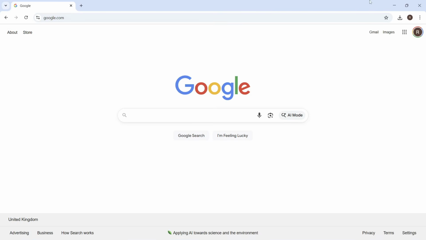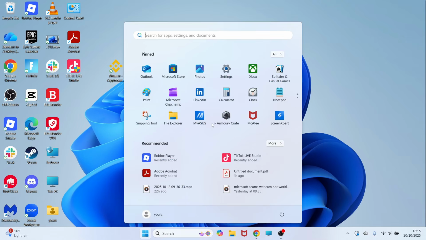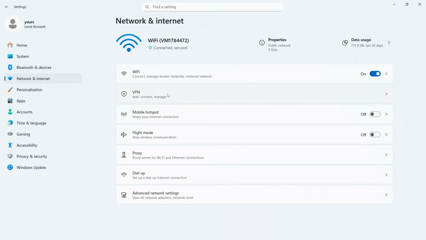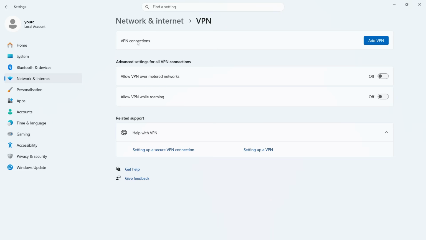Now if that doesn't solve the issue, the next thing we need to do is open up the start menu on your computer and you need to go and click on settings. From this left hand navigation, click on network and internet and then click on VPN. If you're currently connected to a VPN, make sure to go and disconnect from this now. Also make sure allow VPN over metered networks is turned off and also allow VPN while roaming must be turned